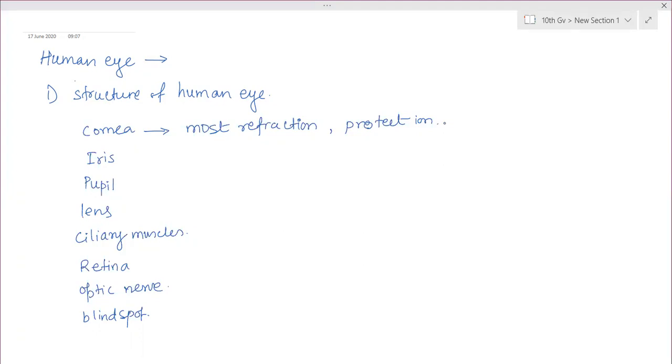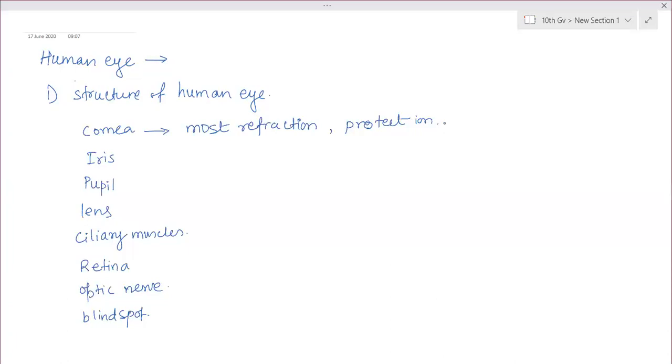These are involuntary actions, as you have learned now. In control and coordination, the involuntary actions are controlled by midbrain. We are not controlling the size of the pupil. It is not in our will or our hand to control that size. So it is the midbrain that controls it, and then it gives the information to the iris when to increase or decrease the size of pupil. According to that, iris will contract the muscles.